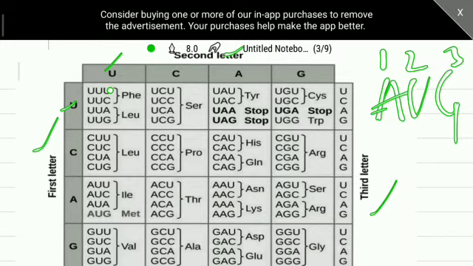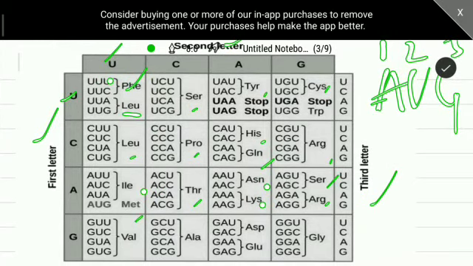For example, UUU indicates phenylalanine, and UUA produces leucine. You can see leucine has 4 codons, and serine also has codons, tyrosine has 2 codons, cysteine has 2 codons, leucine 4, proline 4, histidine 2, glutamine, arginine, isoleucine, methionine, threonine, asparagine, lysine, arginine, valine, alanine, and then asparagine, glutamine, glycine. These are all amino acids.